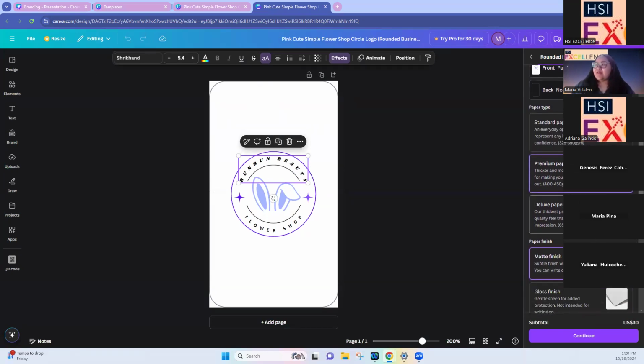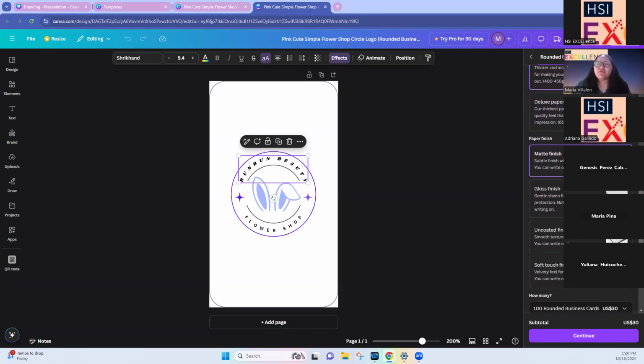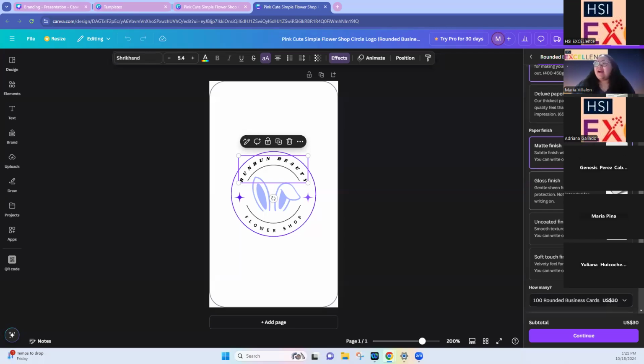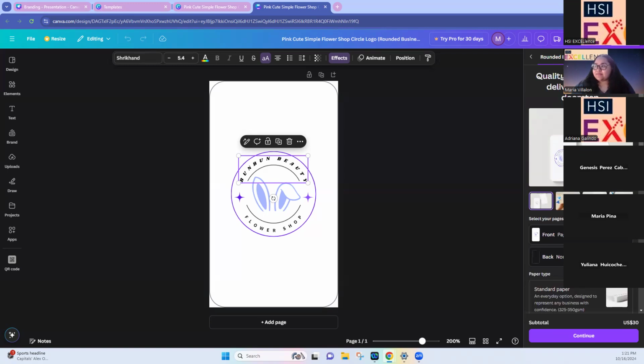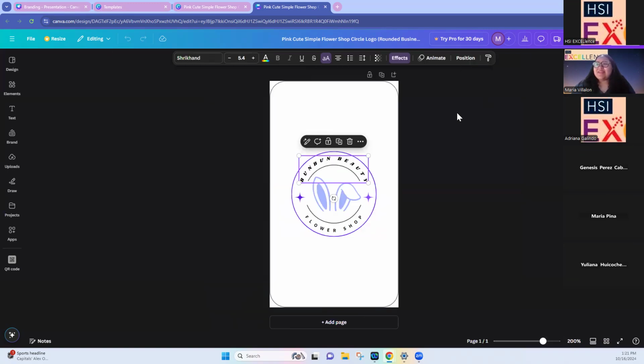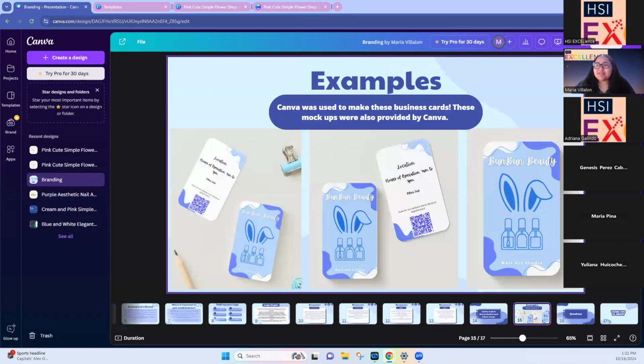And then for their printing, they tell you the different kinds of paper you can print on, the different finishes. And this is stuff you're going to look at once your logo is already complete. But I do like to mention it just so you guys are aware that Canva is a resource that has really two tools in one, which is really nice. But yeah, that's really what it would look like. And on my branding, for people that are watching this afterwards, I've included some examples of what this will look like.